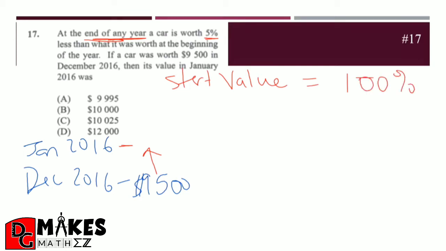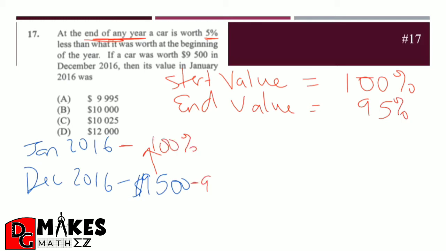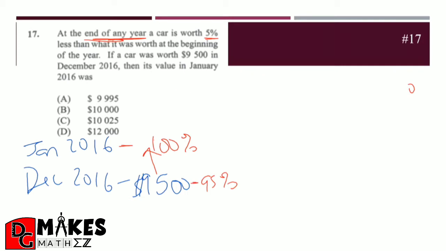Which means that if it loses 5%, the end value when the year is done is actually going to be 95%. Follow me? So this value here would have been 100%, and we can call this 95% of the original thing. All right, and I'm going to remove this. So we can literally write this now: the value at the end of the year, 9,500, is equal to 95%